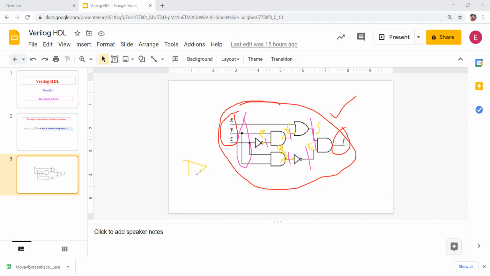Here this is one NOT gate, and its output is connected to the other NOT gate. So in this simple example, this output node is connected to the input node of this particular one. This wire segment we call a wire data type. We can represent it as a wire data type. Now we'll develop the Verilog model for this code.